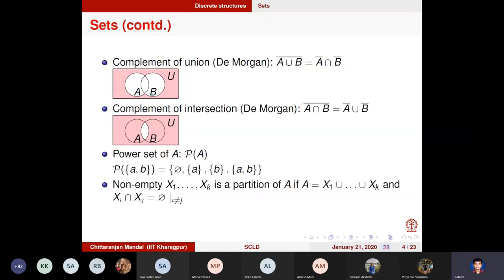There is another definition I would like to have. Let x1 to xk be a collection of subsets of A. So you take a collection of subsets of A. Basically x1 to xk are nothing but elements of the power set of A. You take any element,